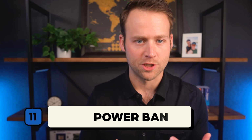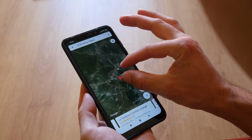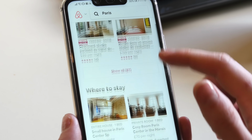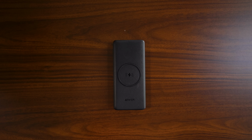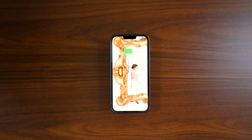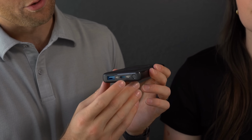When you're traveling light, your smartphone becomes pretty crucial, and the last thing that you want to happen when you're trying to use Google Maps or communicate with your Airbnb host is for your phone to die. That's why I always carry a portable power bank, which enables you to recharge your devices in a pinch. Now, this is the Anker Power Core 3, which allows you to charge your devices in 3 different ways: USB, USB-C, and